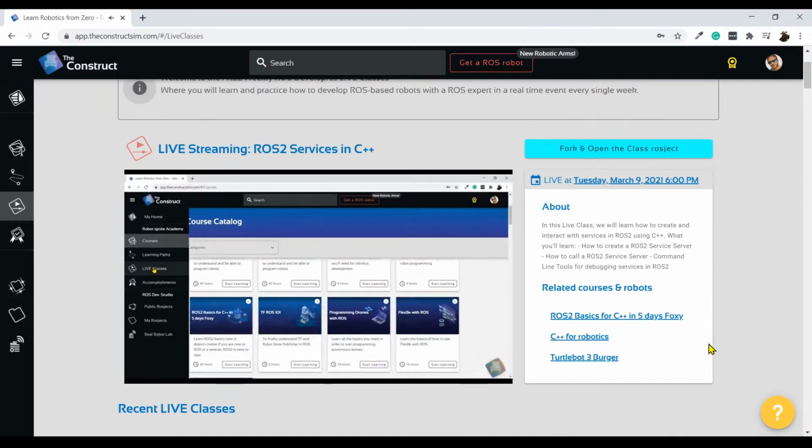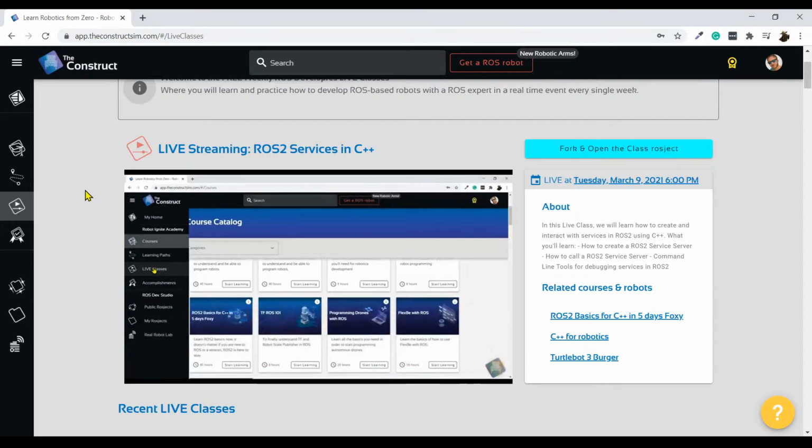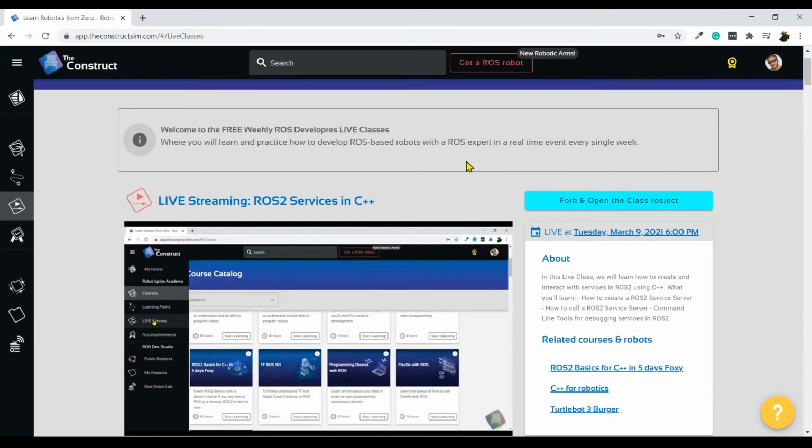All right. Then here you can see current live class. So this is actually the live class that I am doing right now, live. Then you can click here in this button, fork and open the class ROS-based. By clicking this button, you are going to get the ROS-based for today's live class, and it's going to be opened automatically for you. So please do it. Click here in the fork and open the class ROS-based, and this is going to open today's ROS-based